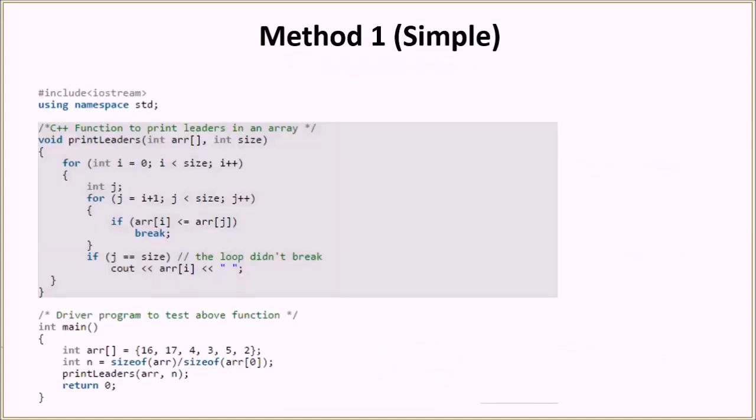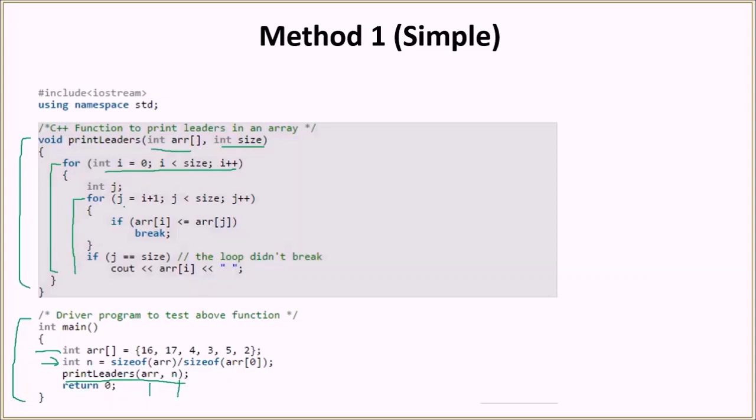So this is the code for the algorithm. For the brute force algorithm, we have an input array here. Then we calculate the size. Then we call the function printLeaders, which takes as arguments the array and its size. So let's come to the printLeaders function. In this function, we have the input array and the size. Then this is the outer loop. In this loop, we are just looping from 0 to size minus 1. And then we have this inner loop here